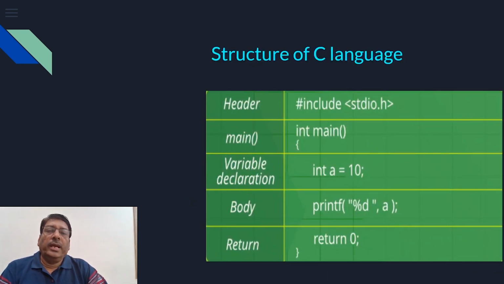Then let's understand the structure of a C program, which means what? When you write a program in C, your program should look like this. The first thing that we need to write in our C program is a line called a header line, which means you need to write something like hash